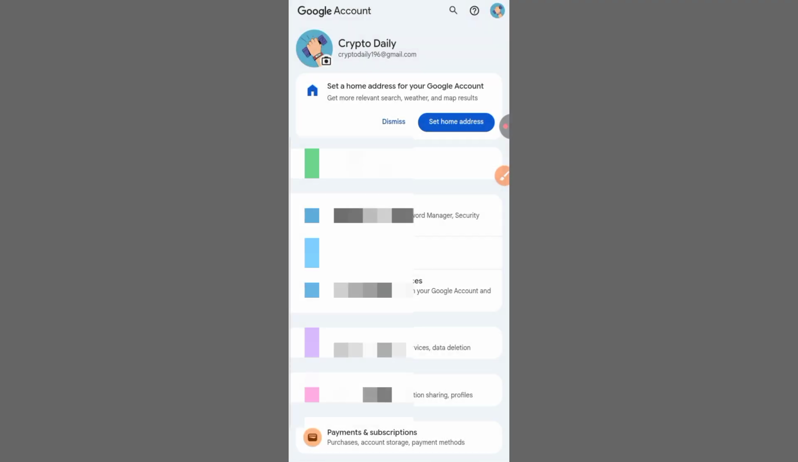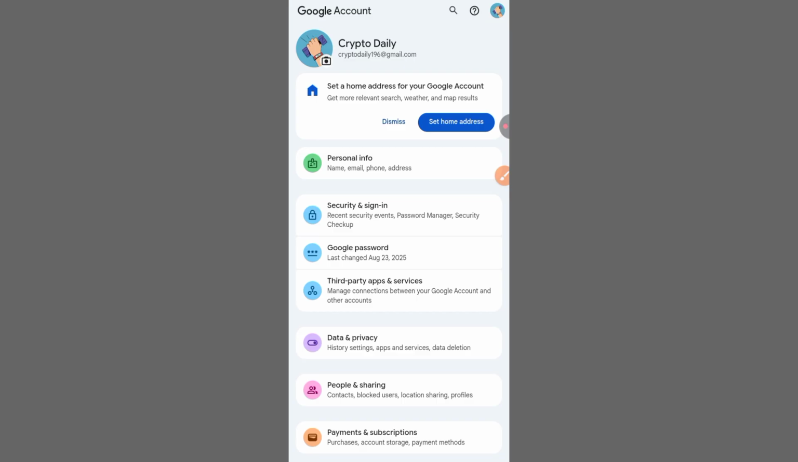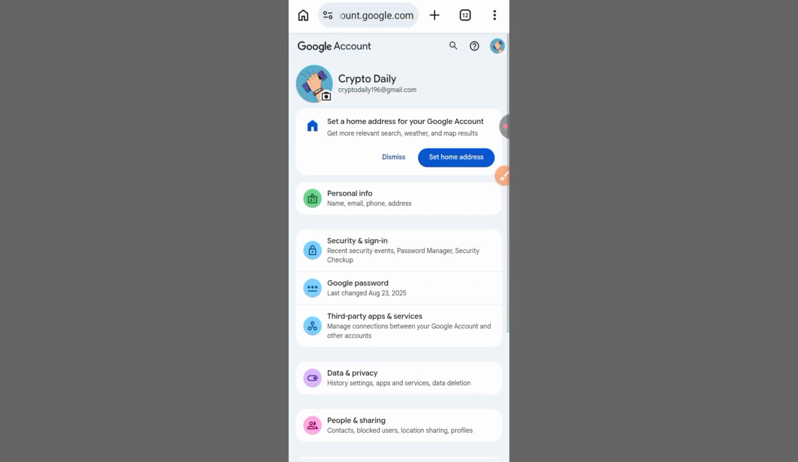Quick summary. Google account to security to third-party access to remove access. That's it. Your Gmail account is now safer from unwanted